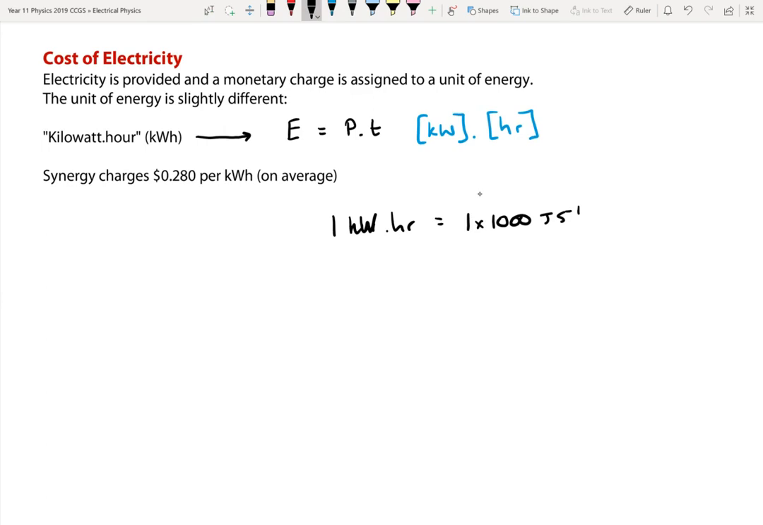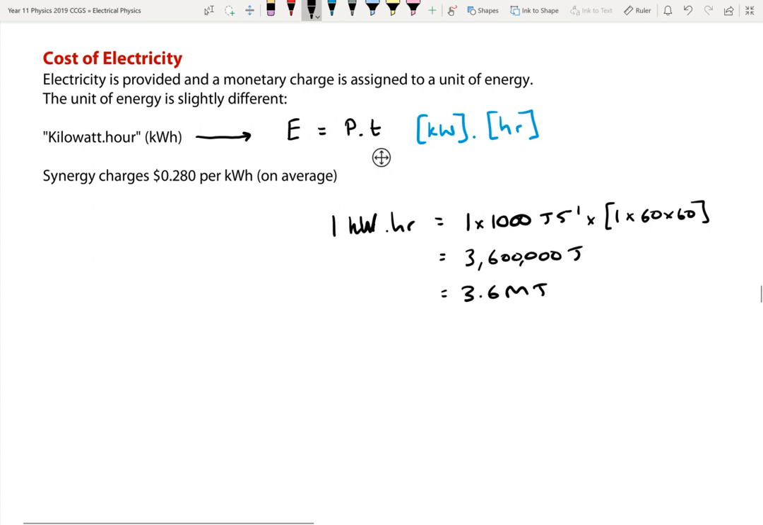1,000 joules per second multiplied by 1 hour, which is 60 by 60. It's actually equal to 3,600,000 joules. So really it is just 3.6 megajoules. That's equal to 1 kilowatt hour, and Synergy, the power provider, is basically charging the consumer 28 cents for every kilowatt